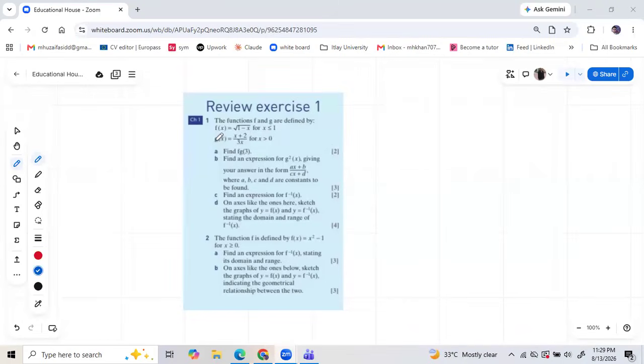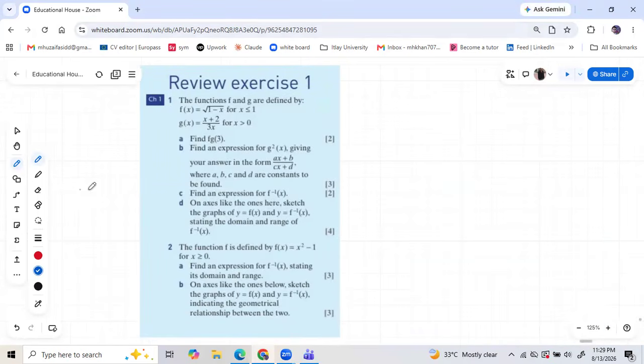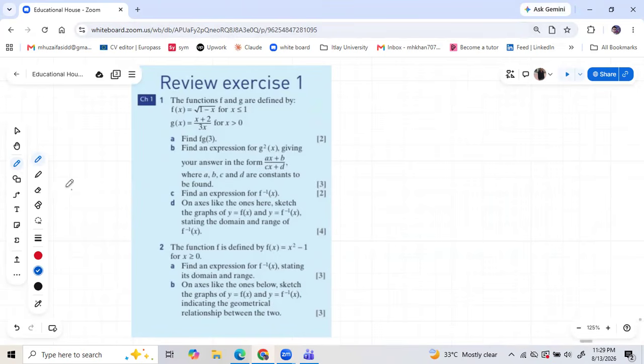So we have done our 3 chapters, and after this we are doing our review exercise. This is very important from our exams point of view, because these are all old papers, old questions from previous exams. So first of all,